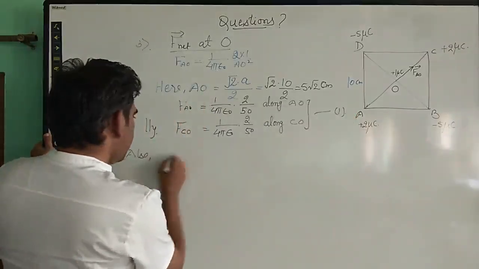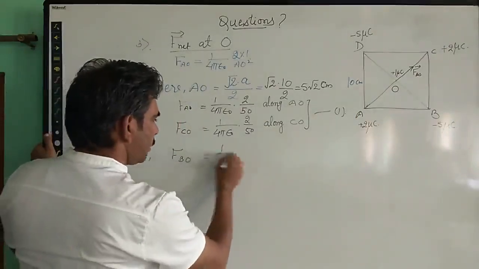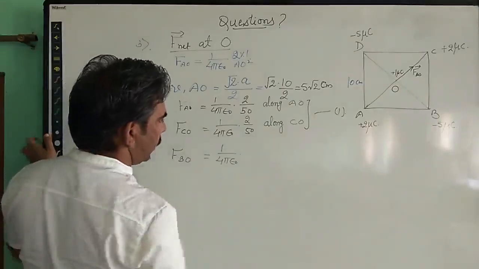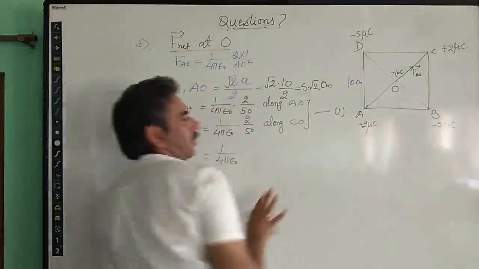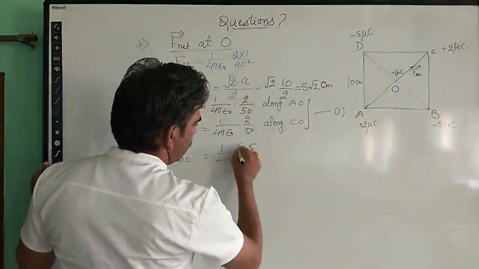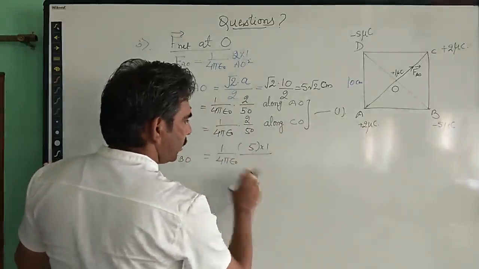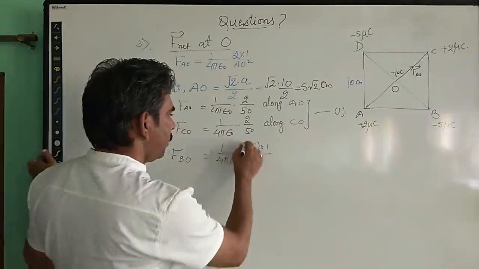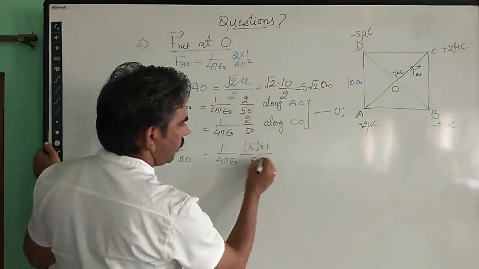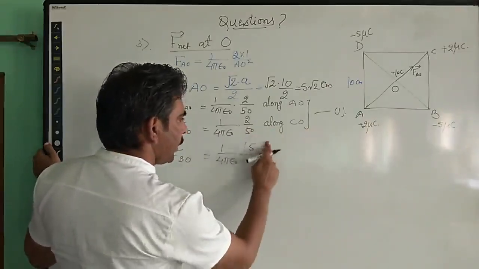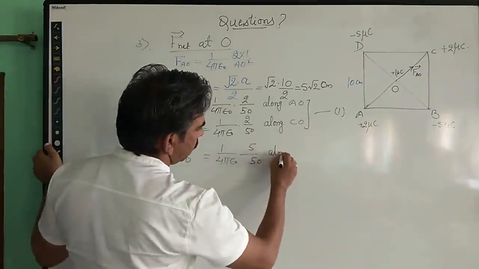Also, the force due to this charge which is at B on center O, FBO, we can write as 1 upon 4 pi epsilon naught into, now these two charges are minus 5 and plus 1. So it becomes minus 5 into 1 divided by, or if we just write the magnitudes here simply without minus sign, we can just do it. So it becomes the square, which is 50 here. So it becomes just 5. And this is the magnitude of the force.